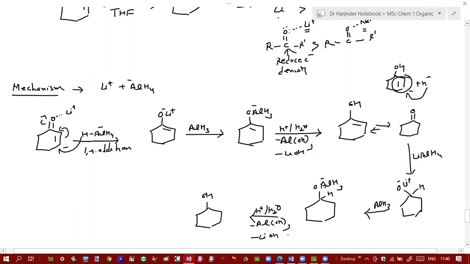Okay, so this is the mechanism of reduction of alpha beta unsaturated carbonyl compounds in the presence of lithium aluminum hydride. When you do reduction with sodium borohydride, you get a mixture of products, but you can increase selectivity. You can selectively reduce the carbonyl group by adding a Lewis acid such as cerium trichloride. While with lithium aluminum hydride, both the double bond and carbonyl group get reduced by 1,4 and 1,2 addition of hydride ion, and you get cyclohexanol as the product. So just go through this, and if you have any question in this mechanism, you can ask.